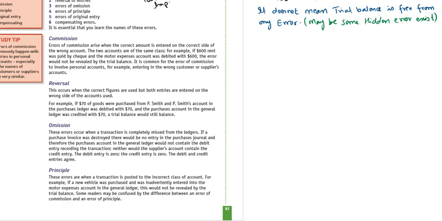So here is some scenario related to the discussion of this error. For example,